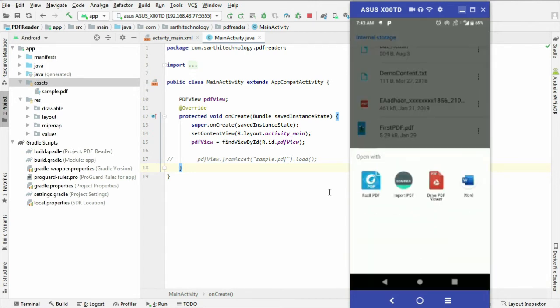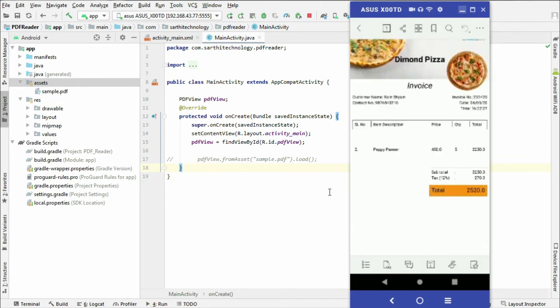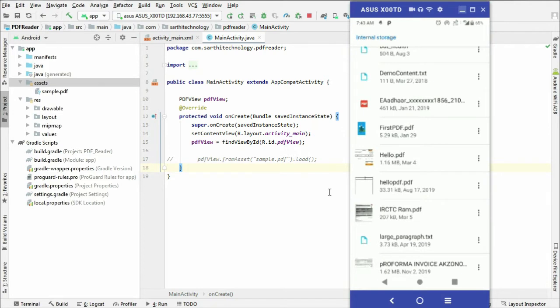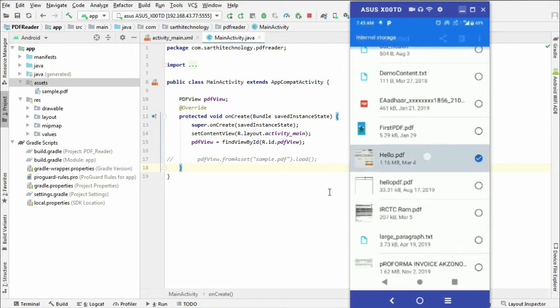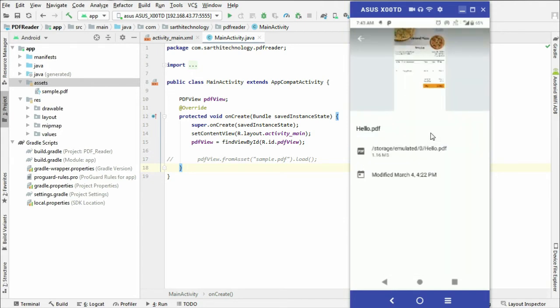Okay, so this is the PDF that I want to open in my application. So what you need to do, just long press, and after that click on these three dots, and click file info. Here you can see the path of that file.